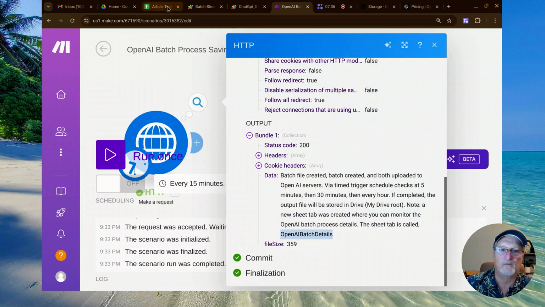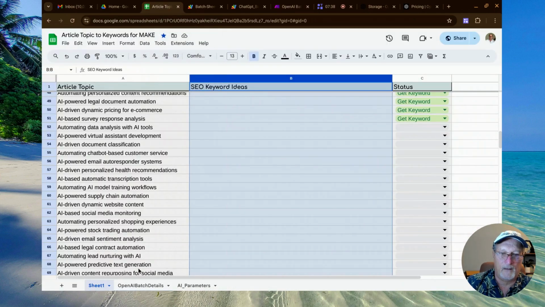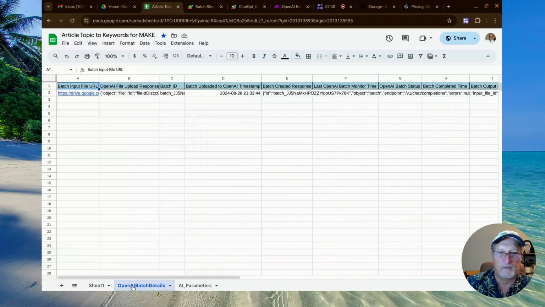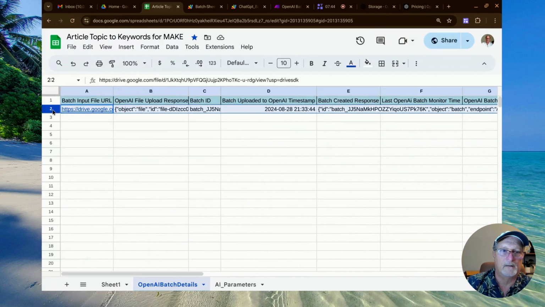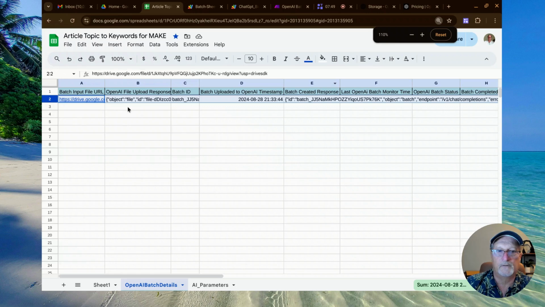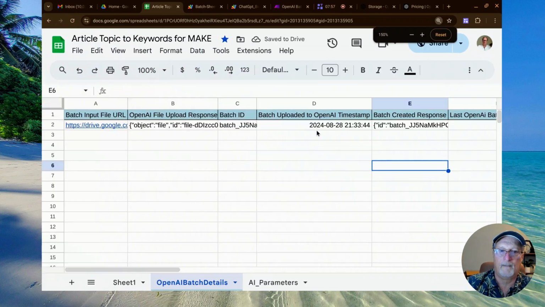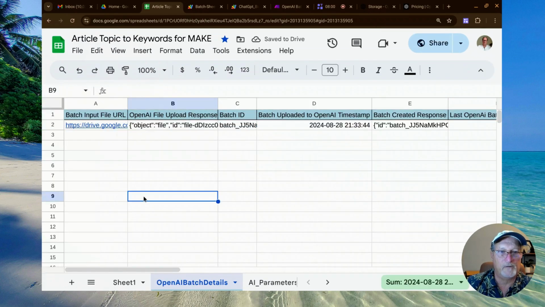So let's go ahead to our spreadsheet. And there it is. We click this. Let's zoom in a little bit. And let's make this a little bit more readable. Let's do, yeah, here we are. Truncate that a little bit. Now we'll expand. So this created